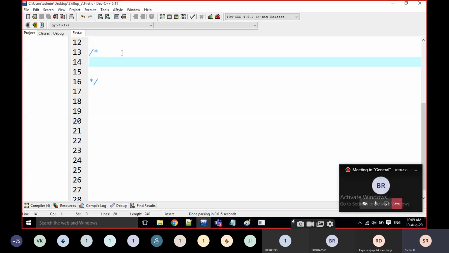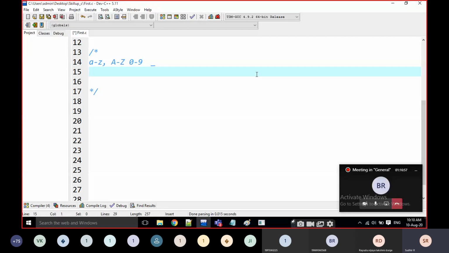Okay, what is that? The character set for variable names is small a to z, capital A to Z, 0 to 9, and only one special character, that is underscore, shift minus symbol. Okay, this is called underscore.